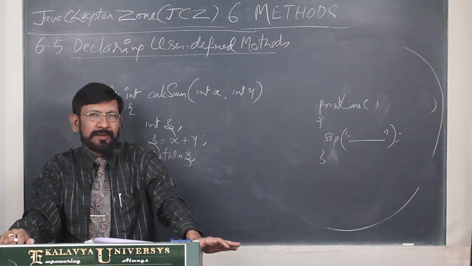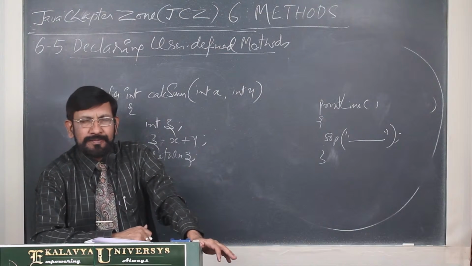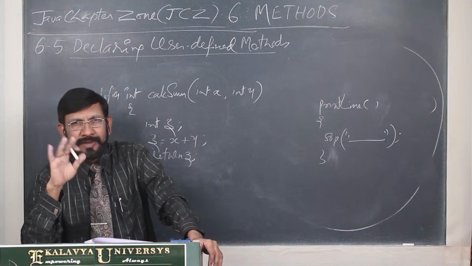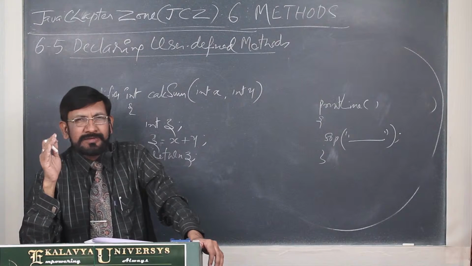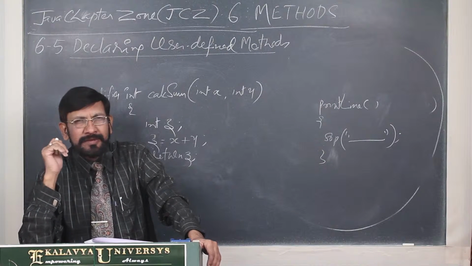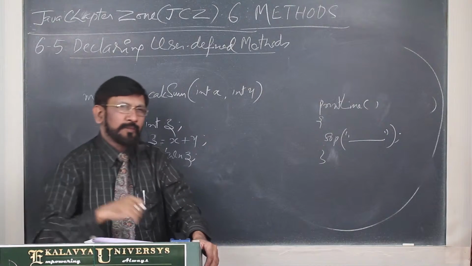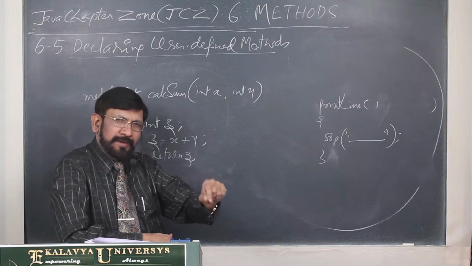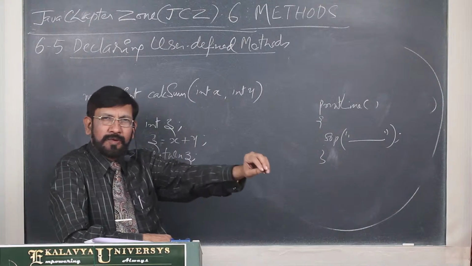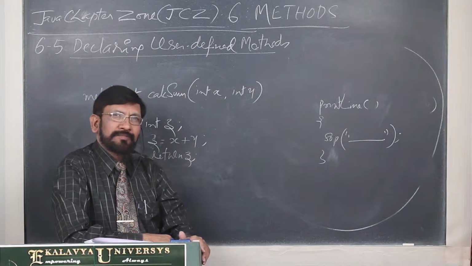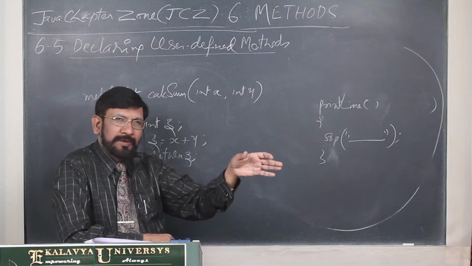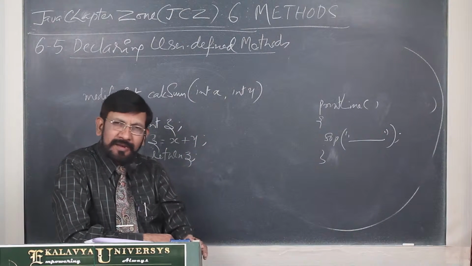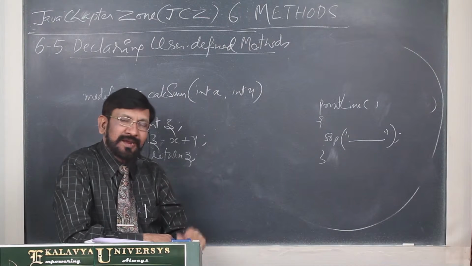Second type, let's come to the real life angle. We give something, and the specialist does not return anything. That is the second type. What is the example? A painter. You are engaging a painter to paint your room. Then for the painter, what do you have to give? You have to give paint, and he applies paint to the walls and goes. But he does not return anything. That is the second category.